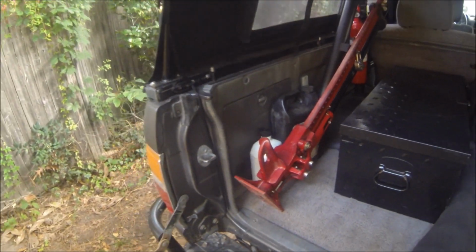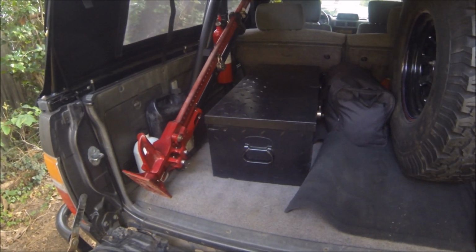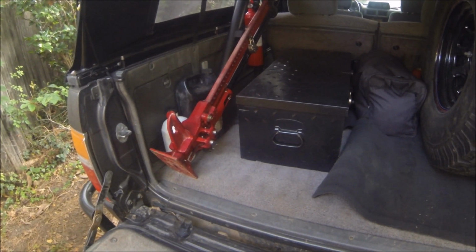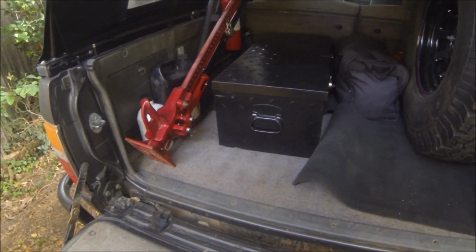Antifreeze and oil, never know. There's my locked recovery box and toolbox. I got just a few tools in there, not really much. No spare parts. Got a shovel and a bunch of recovery gear, a bunch of straps and shackles